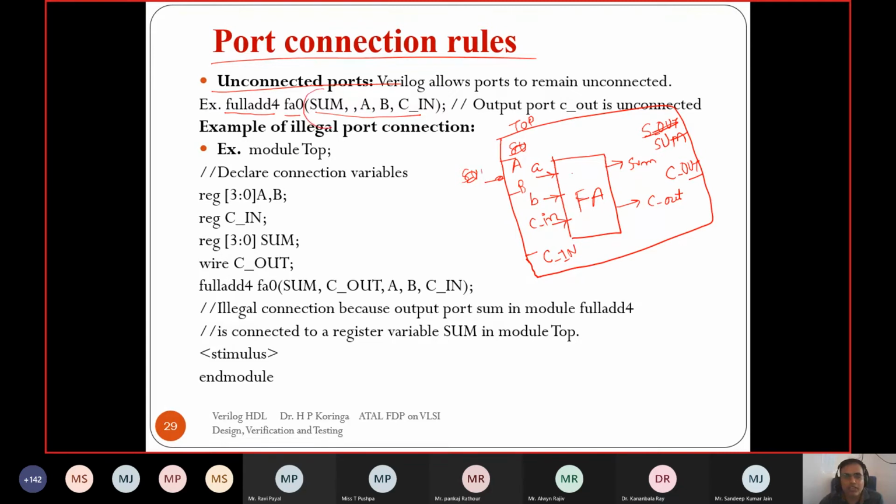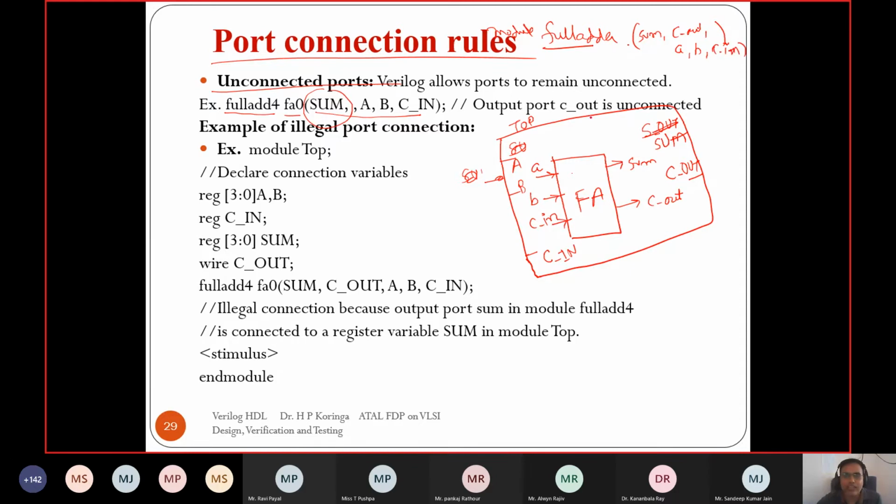So here, this sum bit is connected by the order specified. Whatever is specified in the port list of the full adder, when we wrote the full adder module, suppose we specified first sum, then carry out, and then the inputs A, B, and C in, right?